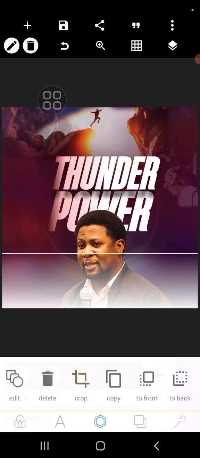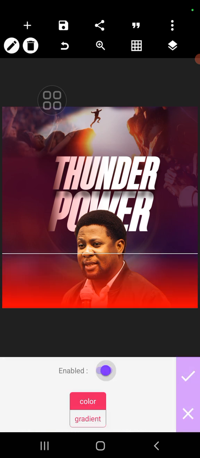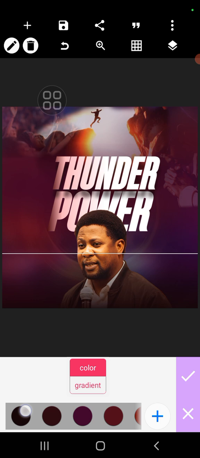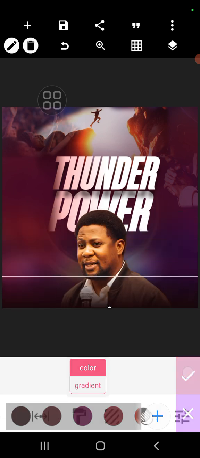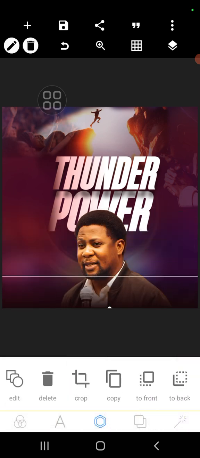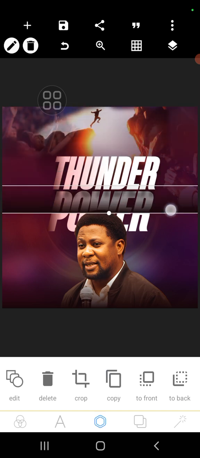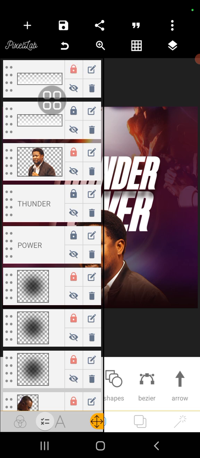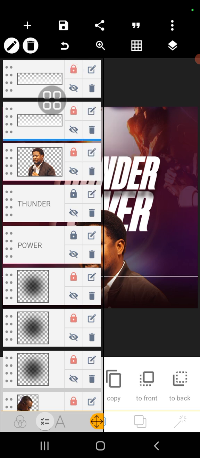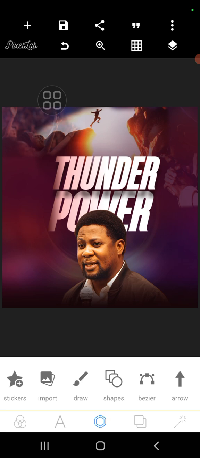All right, so this is good enough. So come here and change the color to black. So do this. Copy it. Unlock it. Okay, so